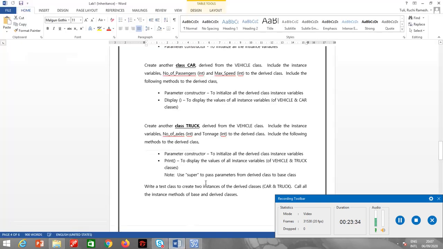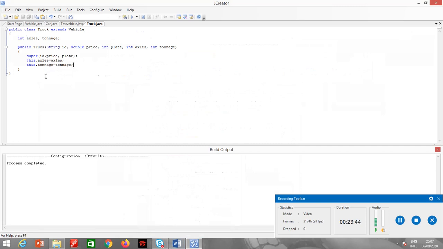Alright, now the class truck has the print method to display the values of both the classes. So public void print. Let me just copy all these print statements from the car class.